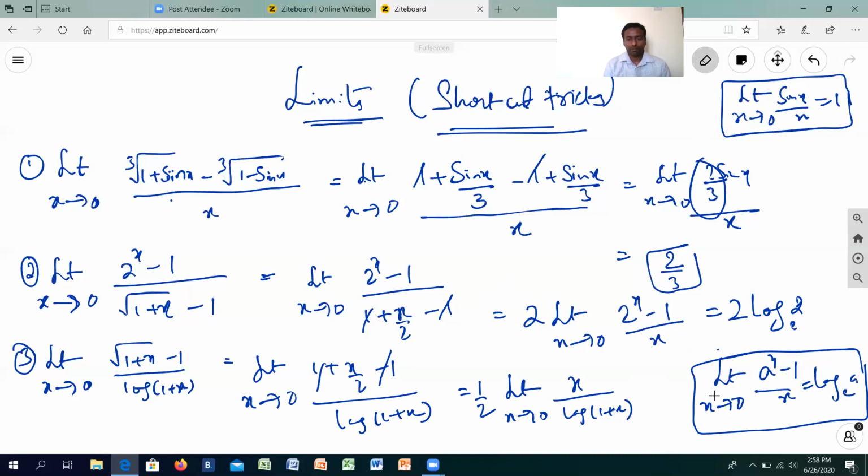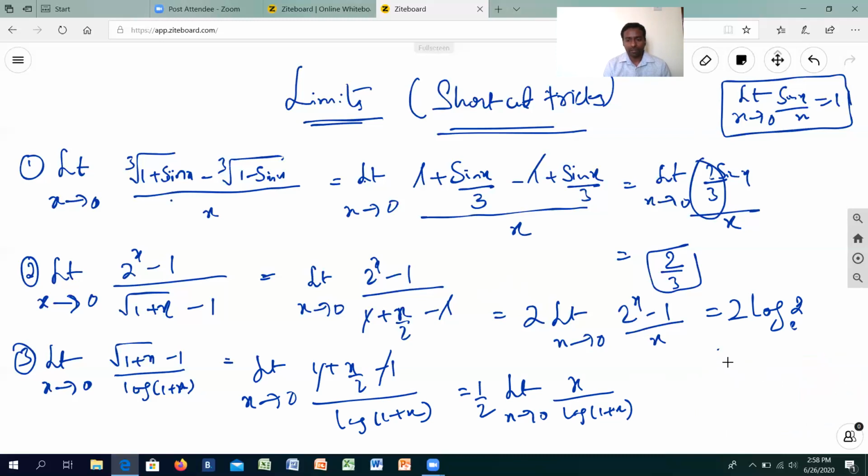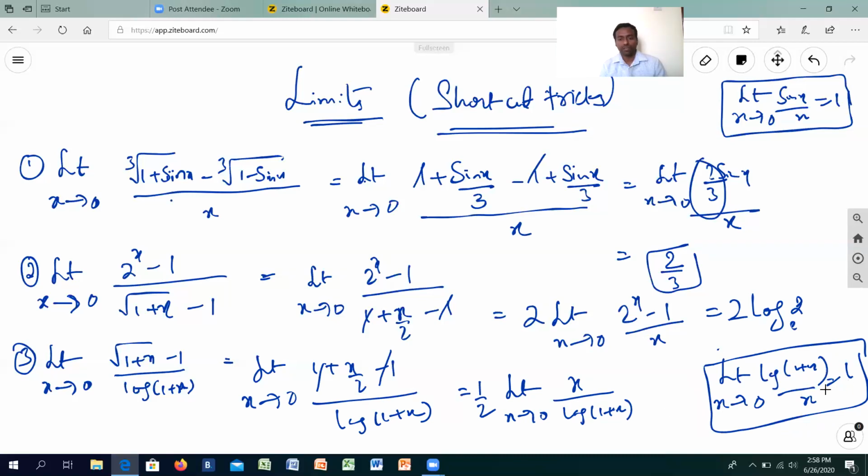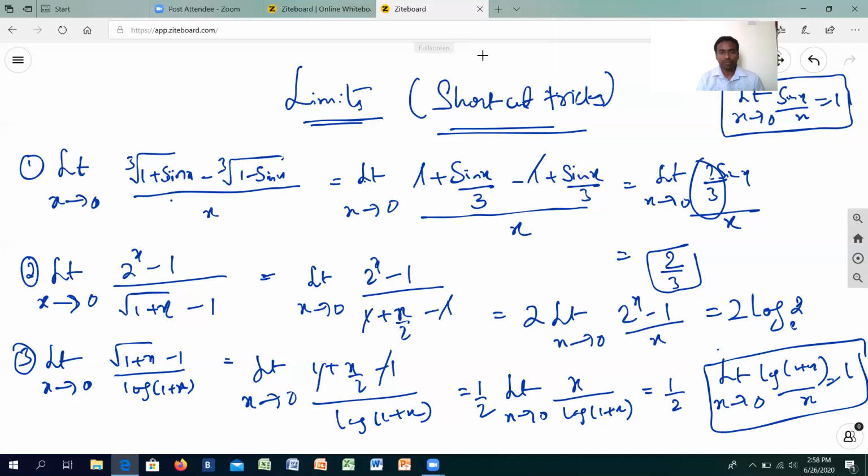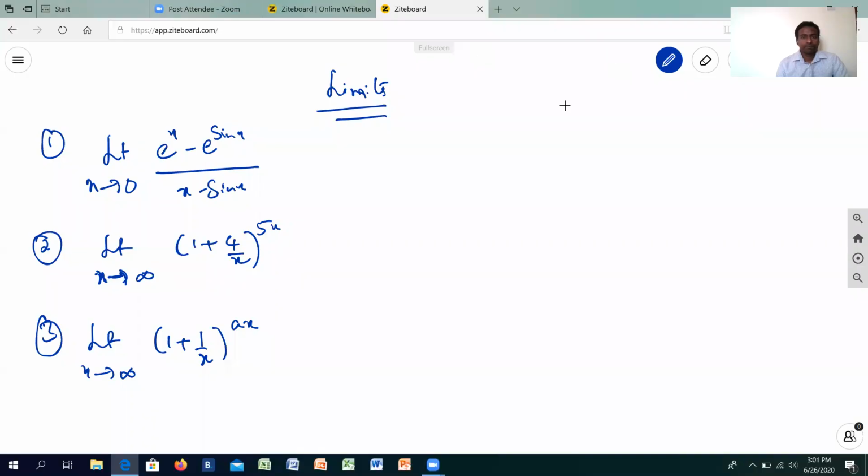And we have another property or formula for limit in terms of log, and that is limit x tends to 0 log 1 plus x by x is nothing but 1. Even if I take the reciprocal, I'm going to get the same thing. That's what I'm going to do here. So my answer simply turned out to be 1 by 2. Isn't it very great, students? By this logic, you can work it out and get the answer quickly.